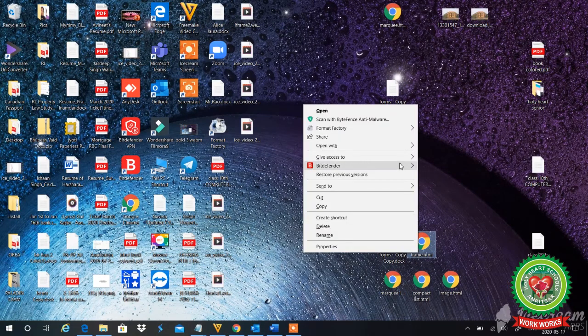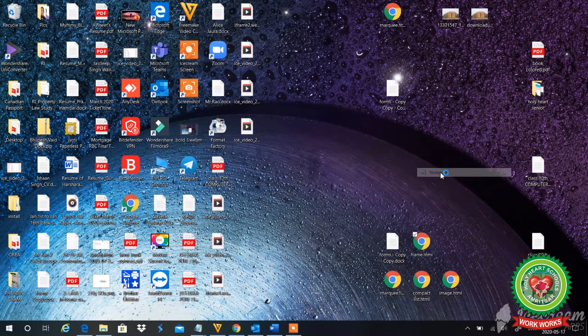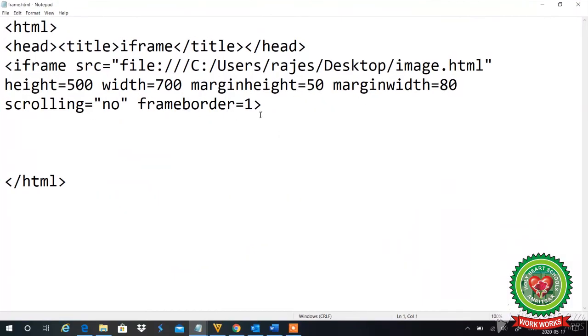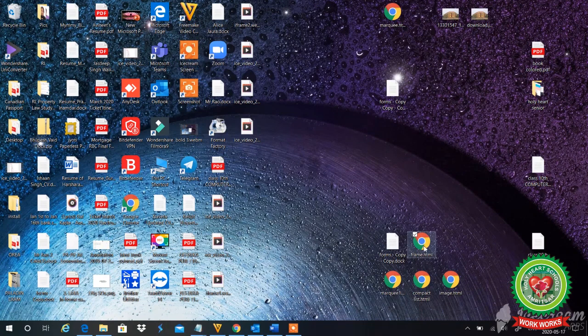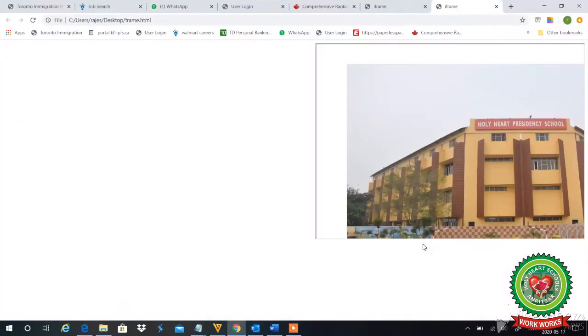We will set the alignment with the help of the align attribute. Let's suppose this time I want right alignment. I have written right. I'll save my work, I'll close it and see the output. My frame is coming on the right side.